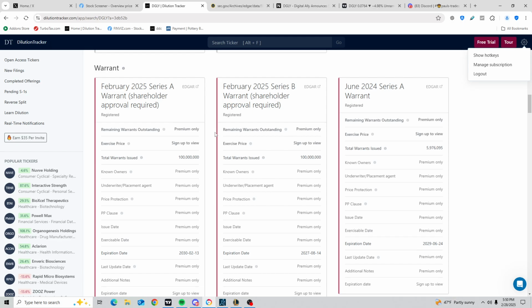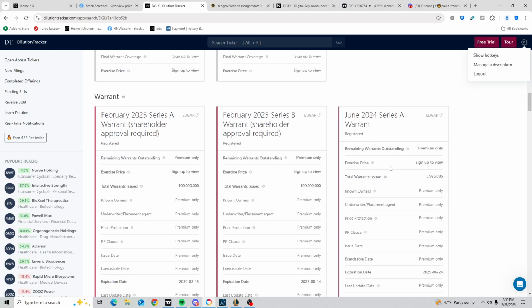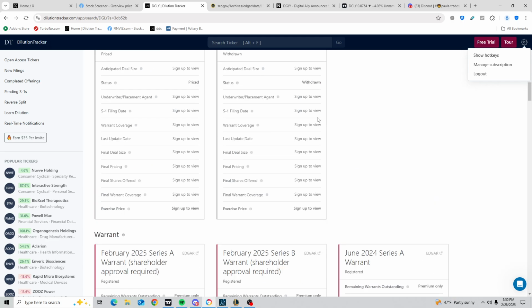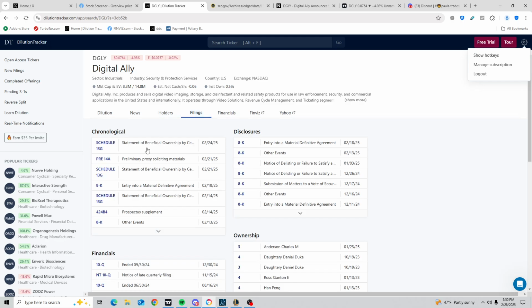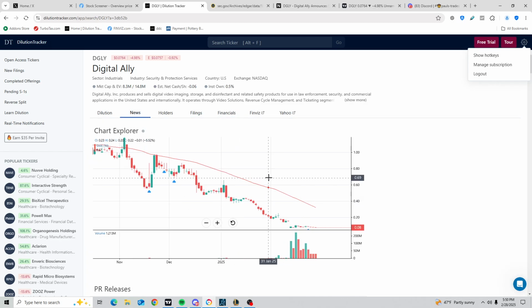So more than likely what they'll do is let this run until April 1st, by which time they'll approve the increase in their authorized shares. They'll exercise these warrants, and honestly, they'll probably just tank the stock. But until then, we have 4 weeks of basically free game here, right? We have a couple of 13Gs that were filed, which are great. But you have basically free range on the stock for the next 4 weeks, which is super, super bullish to me,